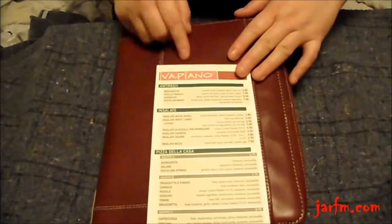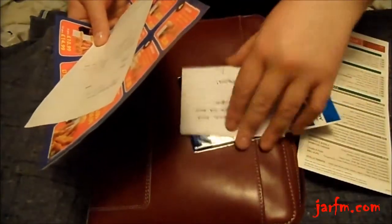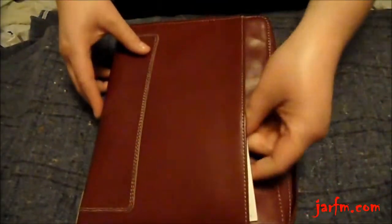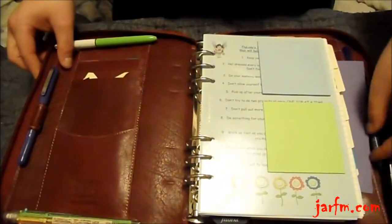I'll just get the menu in the front there. Mainly haven't taken it out. A few other little bits and pieces. Just stuff I need to keep in there really. Nothing exciting, but it doesn't matter if it falls out, but it doesn't, because it really holds itself in there well. It's really nice. And then if we open this up,